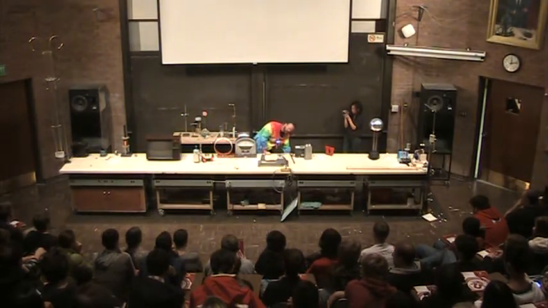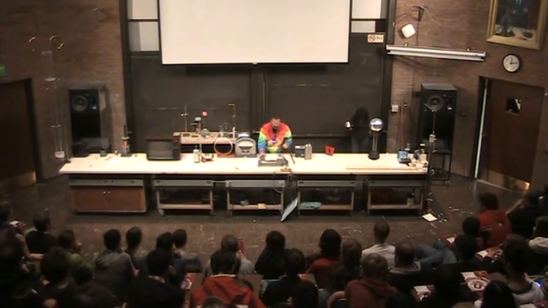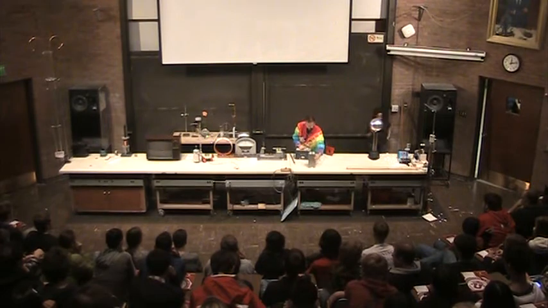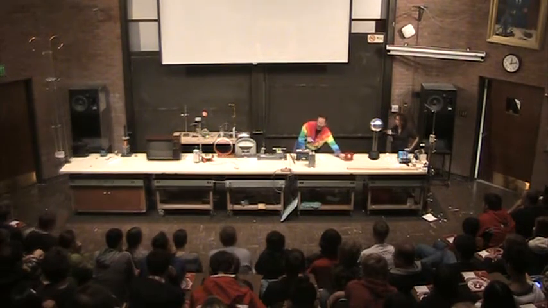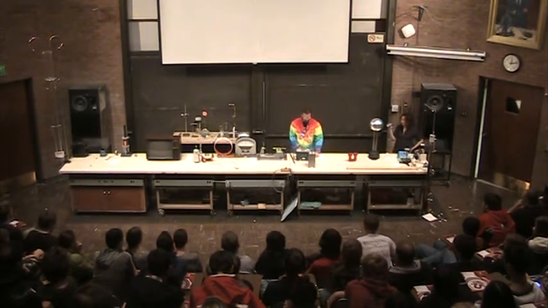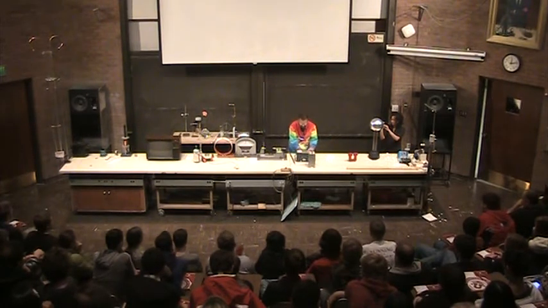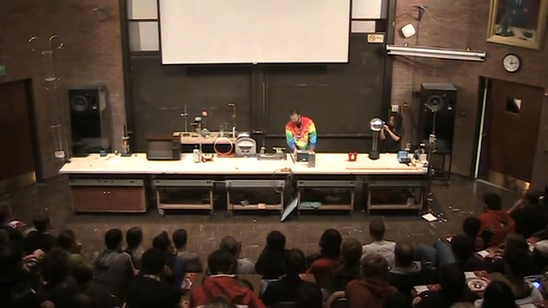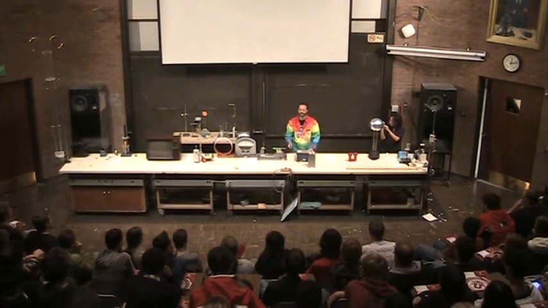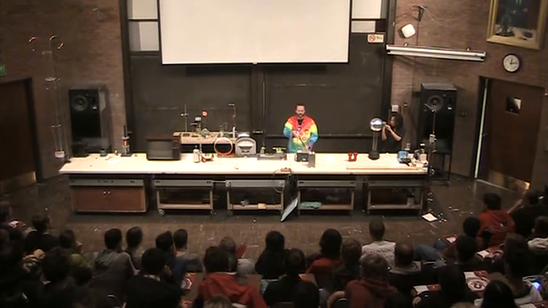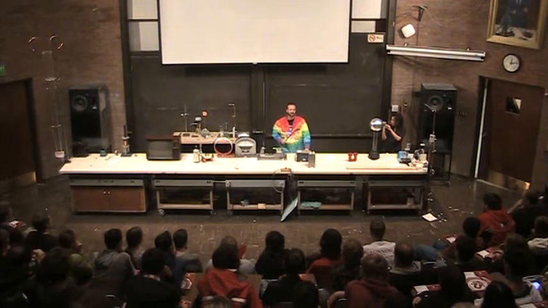So that's what happens when electricity is going through stuff. I'm going to charge this capacitor up. It's a lot scarier than that one. So I'm not going to ask for volunteers. I connect it to this power supply, set it to about 4,000 volts, turn it on, and now this is providing a charge like that did, and it's going into that capacitor like that one, and it's storing it.